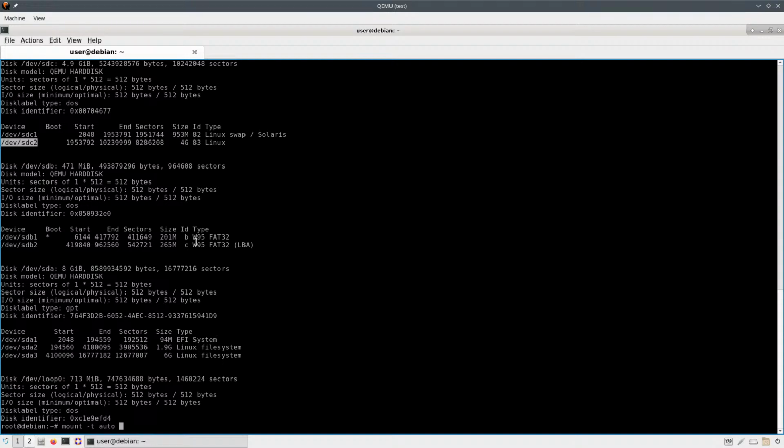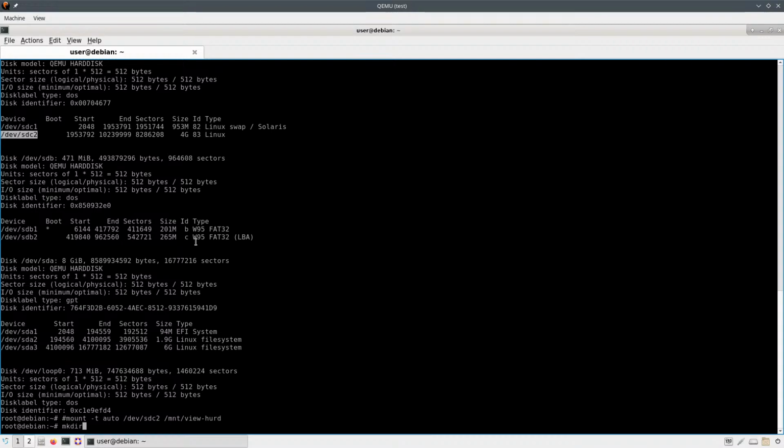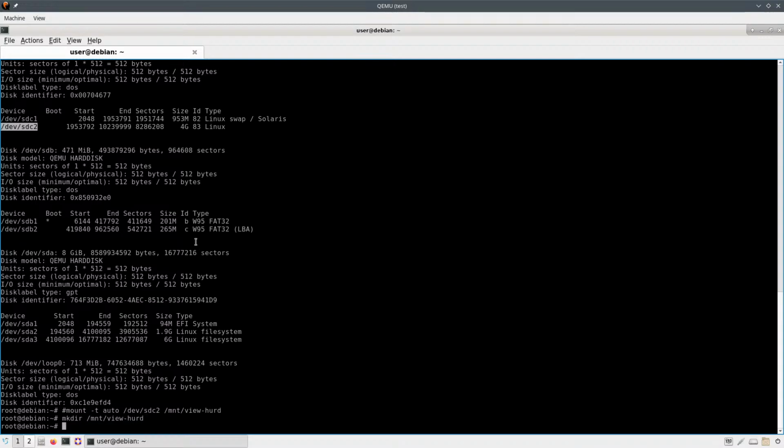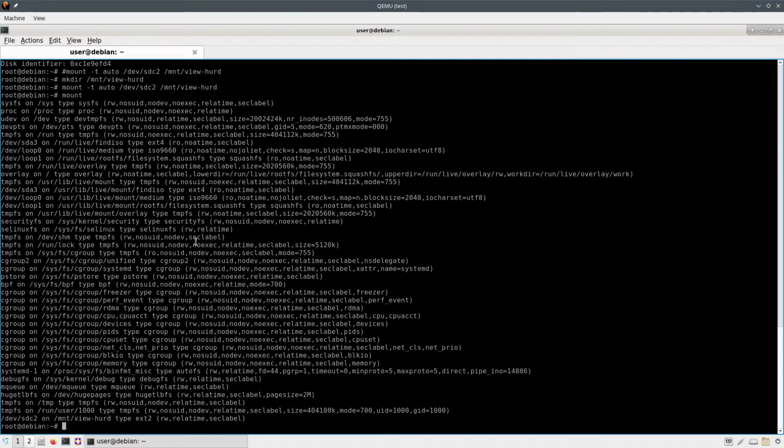So it's the auto BU Hurd. So I can create beer Hurd, and now I can mount this, and this is ext2. This is not ext3, this is not ext4, this is ext2.